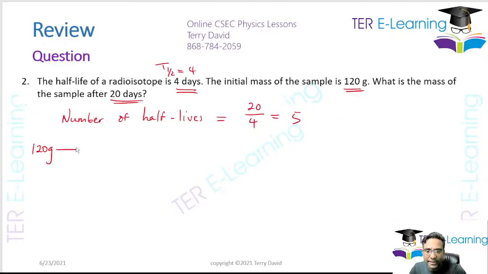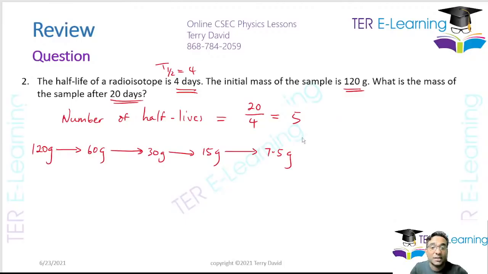So after 1 half-life, I'm going to have 60 grams. That's 1 half-life I just passed through. Then I'm going to go through a second half-life, and half of that is going to give me 30 grams, right? Then half of this is going to give me 15 grams. So I've gone through 3 half-lives. Let's go through a fourth one. Remember, every arrow represents a half-life. Half of 15 is going to give me 7.5 grams. So that's 4 half-lives. I need to go through 1 half-life again. So half of 7.5, use your calculator for that. 7.5 divided by 2 is going to give me